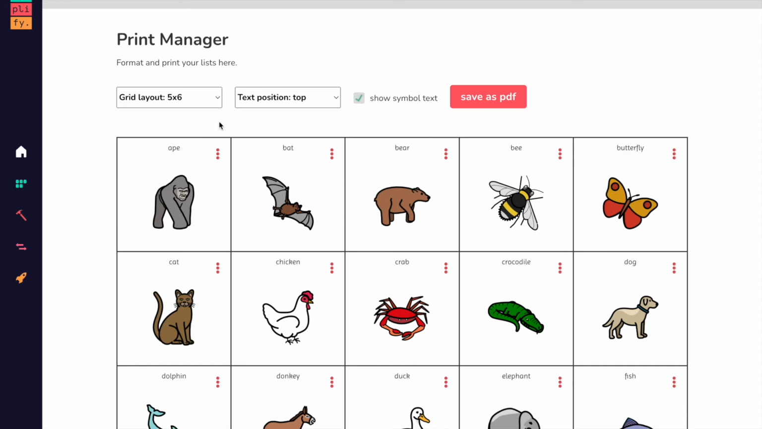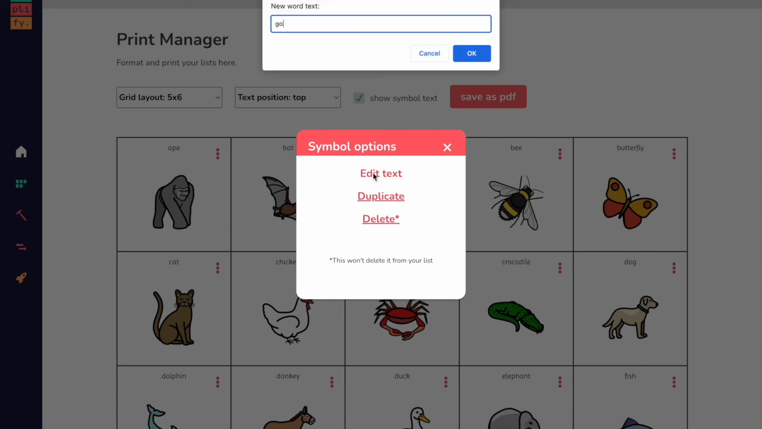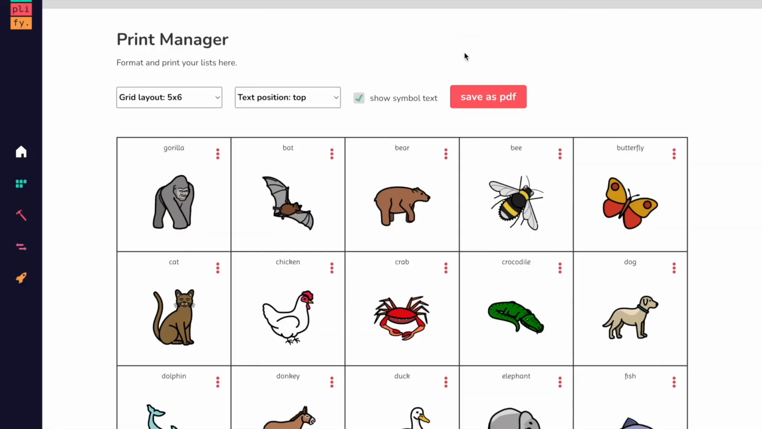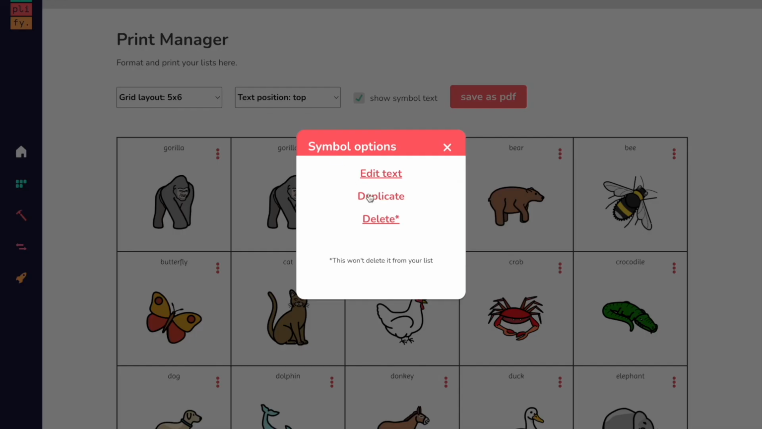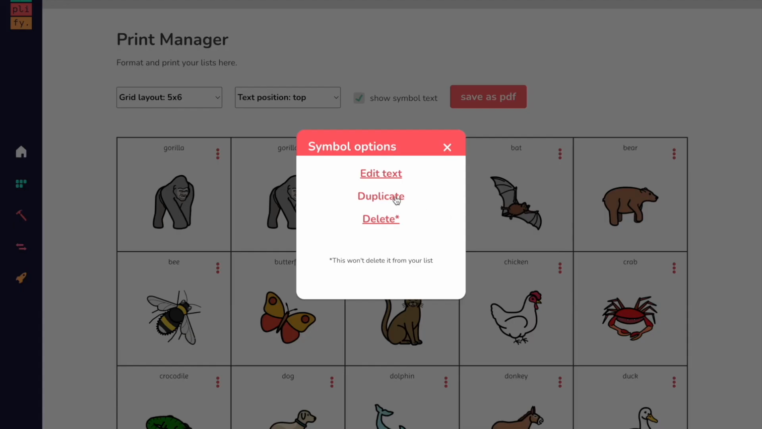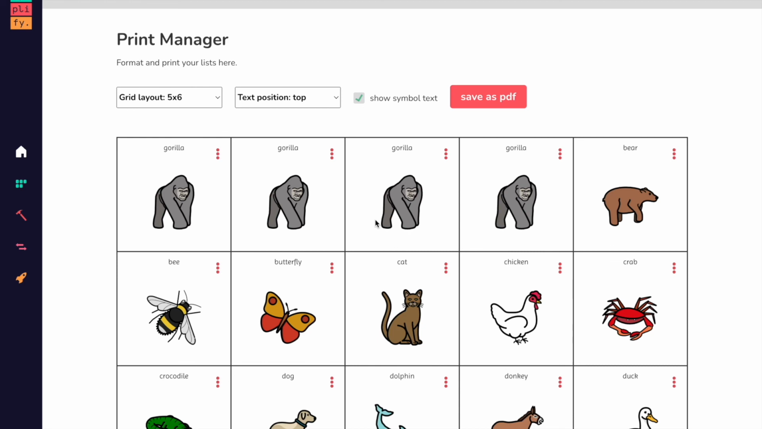And then you'll see on each symbol you've got a little menu button here where you can edit the text. So we could change ape to gorilla, for instance. You can duplicate a symbol. So if you want to print the same one several times, you can just duplicate it. And you can also remove a symbol. Now, as you can see here, it says it won't delete it from your list. So it will just delete it from this instance of printing your list. So when you go back to work with your list, any that you take off at this point will still be there. So you choose all of your print settings, hit Save as PDF,